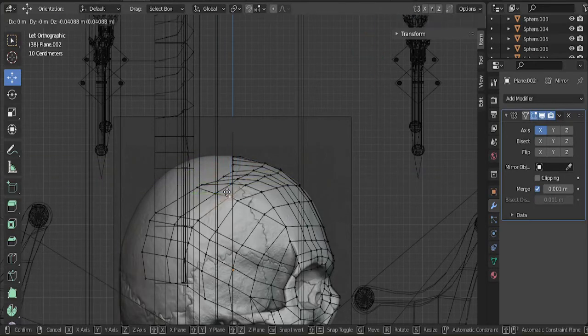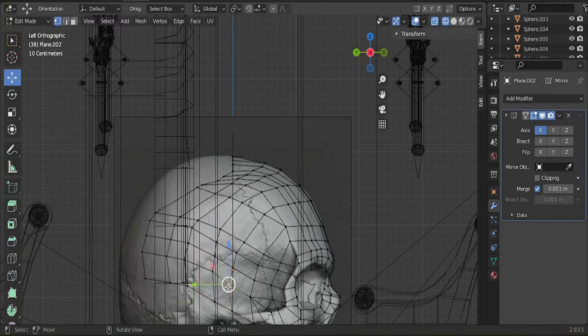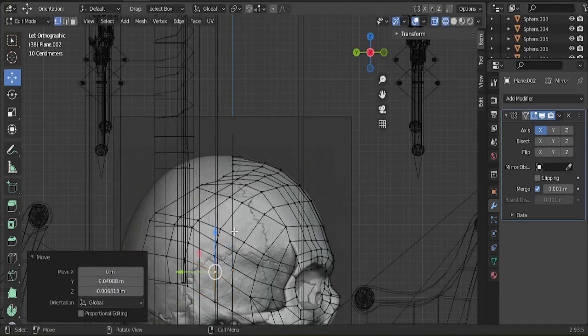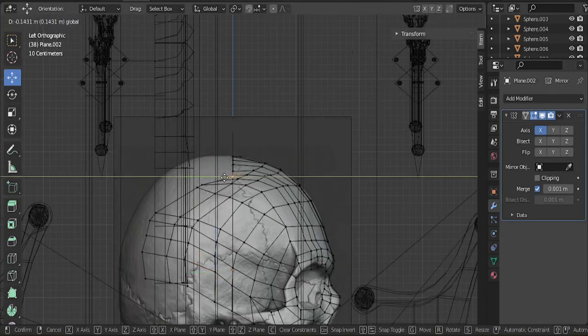Any that are over the line can kind of just stay there for the moment. But I essentially want a nice, almost straight line down the middle here. So I can get these